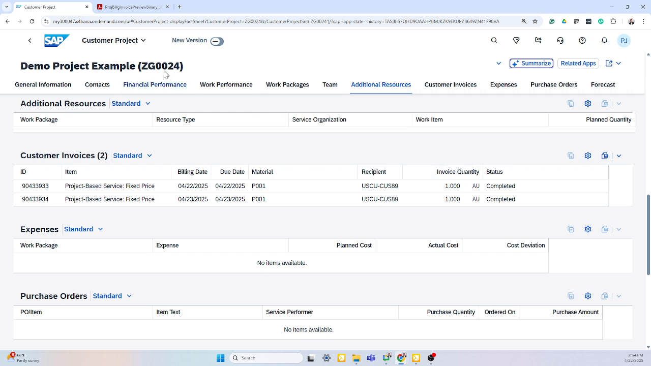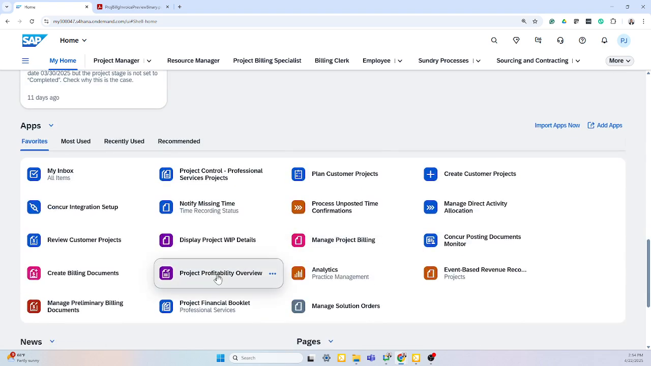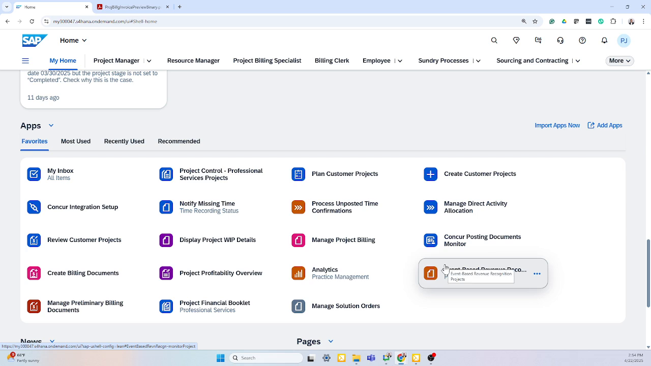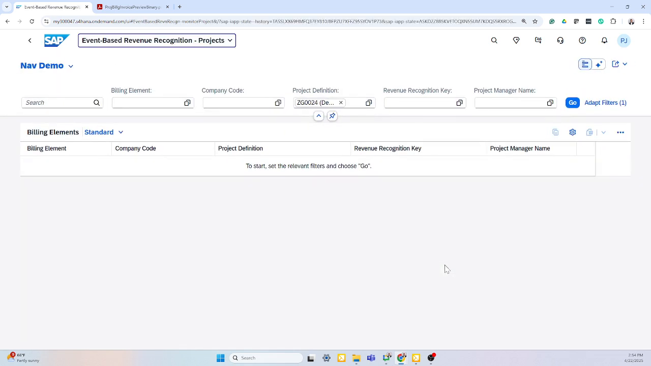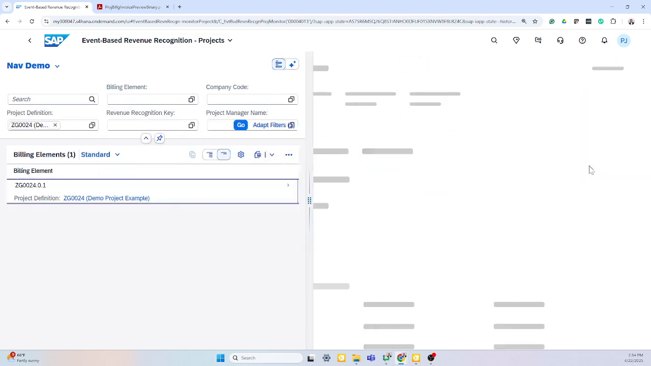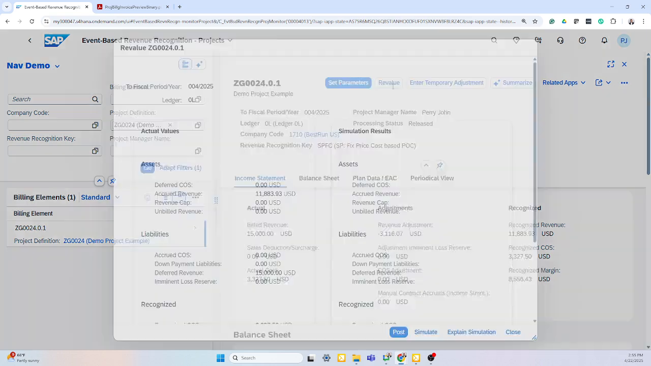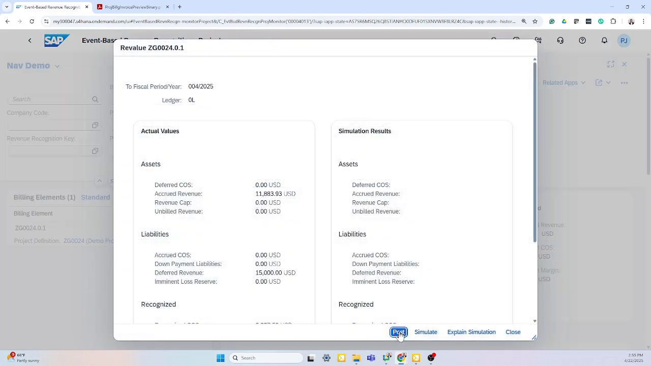It's now time to recognize revenue. There are many different ways to recognize revenue within the S/4HANA Public Cloud Edition platform, but today I'm going to show the event-based revenue recognition. This allows me to run revenue recognition at any point and any time within the project. Here I'll select my project, and I can see billed revenue, my actual cost, and any adjustments that need to take place. I can revalue and post this revenue recognition